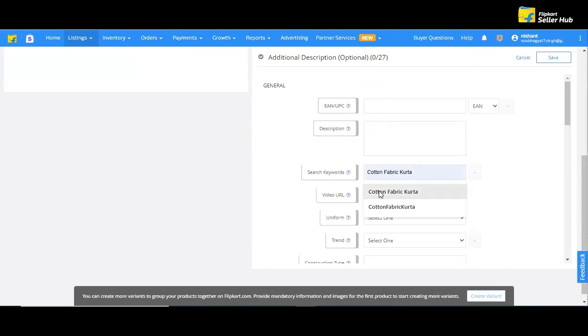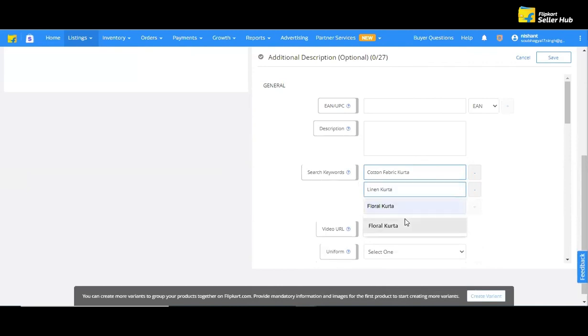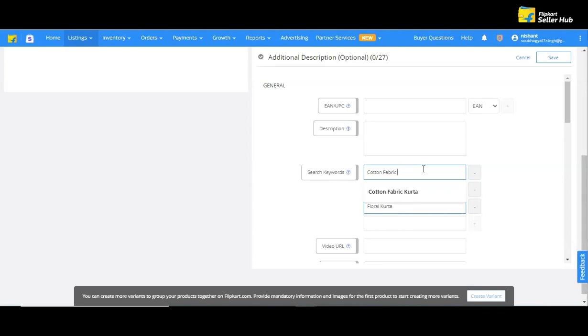Under search keyword segment, you will have to fill in one search keyword in each box. System has readability of reading 5 keywords. So make sure first 5 keywords that you're mentioning should be something like this. I'm just using random examples here, but use keywords which is relevant to your product description. For example, cotton fabric, sari, linen sari, floral print sari,